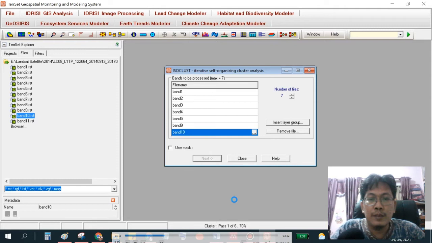We just wait until the 6 passes have been checked. This is unsupervised clustering. Idrisi only classifies based on similarity.